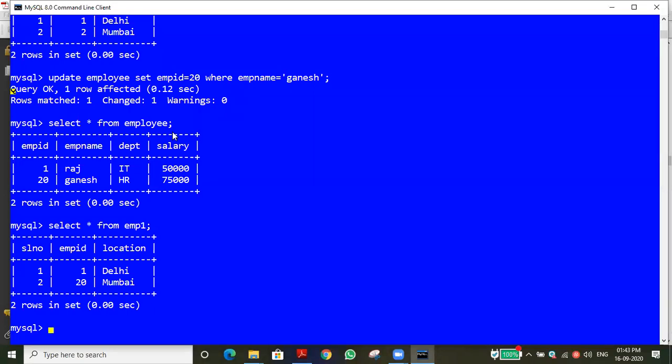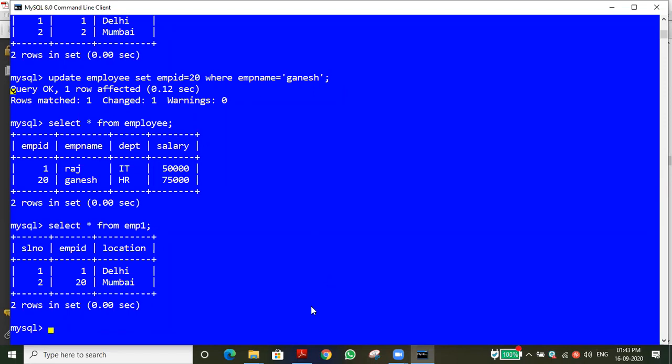If I simply do the changes in the master table, automatically what will happen? The updation will be reflected in all the child tables, including, for example, the fee related table and the transport table. Very shortly, if you do any updation or deletion in the master table, it will immediately be reflected in all the child tables.